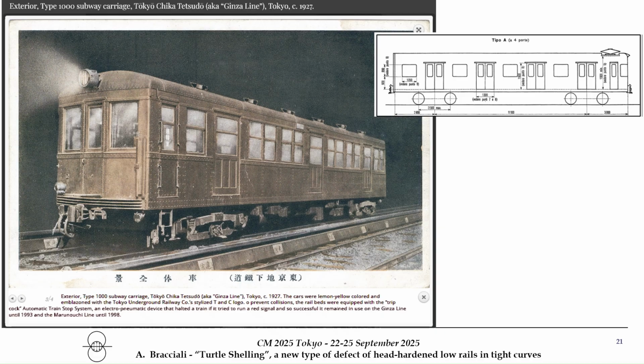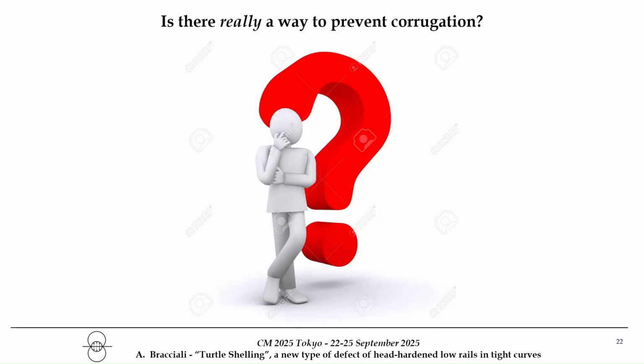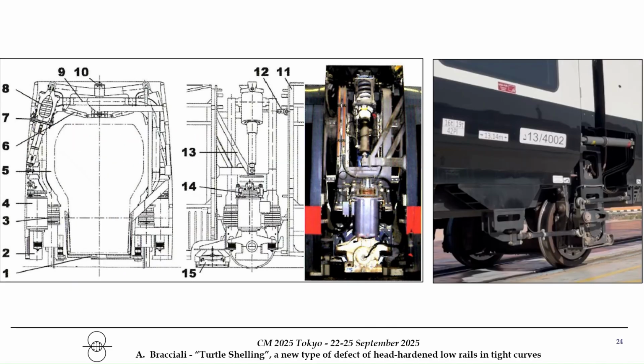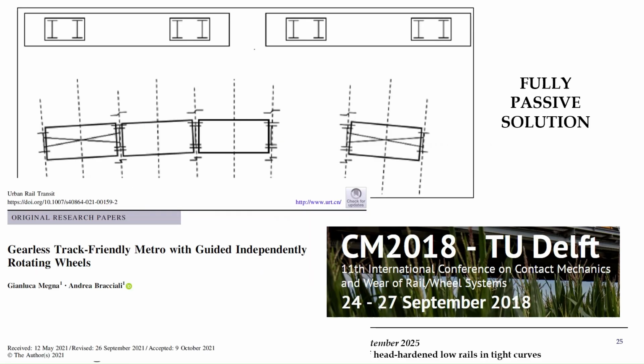But is there really a way to prevent corrugation? Well, I tried to give some hints in a paper that I gave in 2016 at a conference. You can easily retrieve this paper, where we discussed the Ulf tram in Vienna that we talked about with Richard this morning, and also the Talgo trains that have passively driven axles, single axles. And we also gave a paper in Delft at CM2025 that probably none of you remember, where we made a long study with traction, braking and so on, on a metro. But no one cares about that, of course.